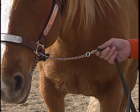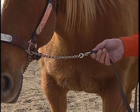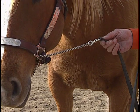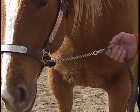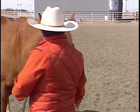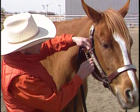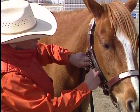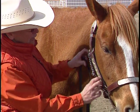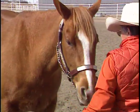Depending on the length of your chain, sometimes even the distance from the end of the leather here up to the halter is still too long. If that's the case, then don't hesitate to adjust it on the other side. If you were going to the World Show, you would actually have a chain, you'd have somebody take some links out of it so it fit perfectly. But for our purposes, we can go over here, loosen this chain, take the snap, run it through the ring, and hook it back on itself. If the chain was extremely long, I could hook the snap back on this ring again. So this would be an appropriate adjustment for right now. Then if I go back on this side, you can see